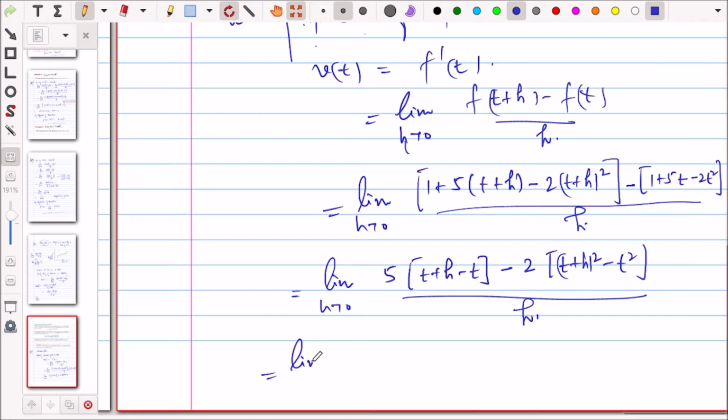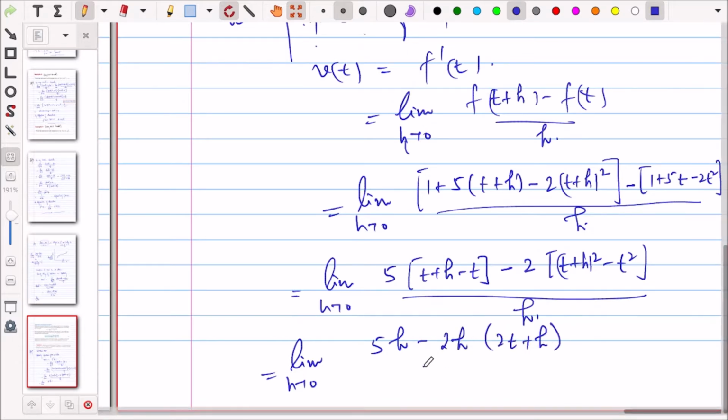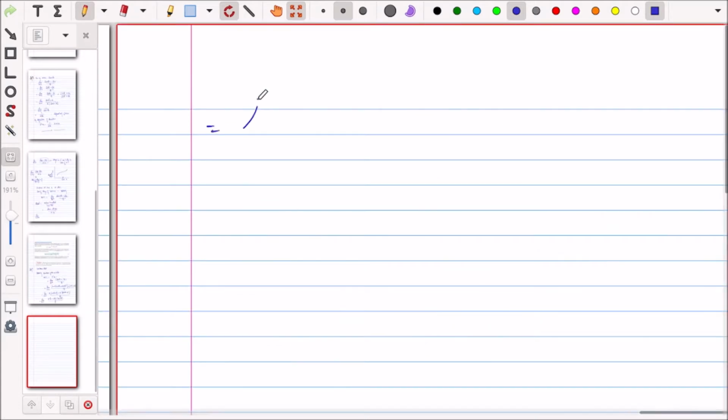So what you will get, ये तो h हो जाएगा 5h minus ये t plus h whole square. So a plus b, a minus b. So जब माइनस करोगे तो बस you will be left with h. So 2t plus h, right, on simplification. So then when you will take h common and then you will cancel out it with denominator, so you will be left with